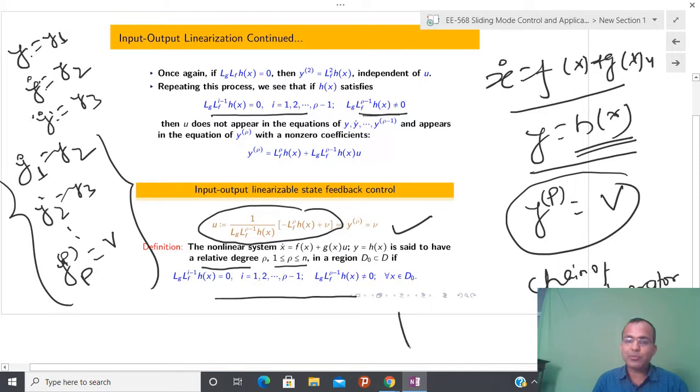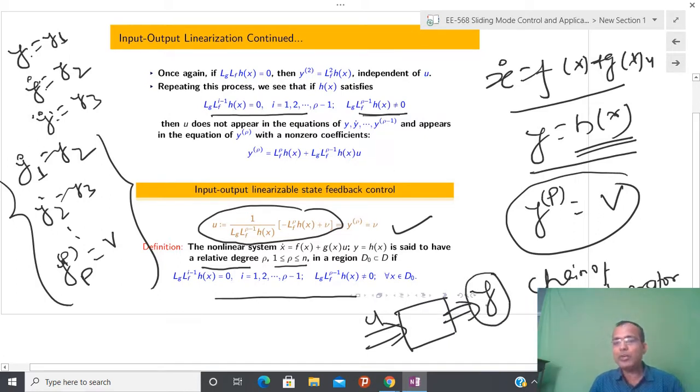Because most of the time I have told you that by designing control, our objective is to control the output. So now I am not going to define my system in terms of input to state. I am going to define my system in terms of input to output, and with respect to output, I am going to see the dynamical behavior of the system. Due to that reason, I am going to take successive differentiation. Once control appears explicitly, I am going to stop differentiating, and after that I am going to design control for that system.